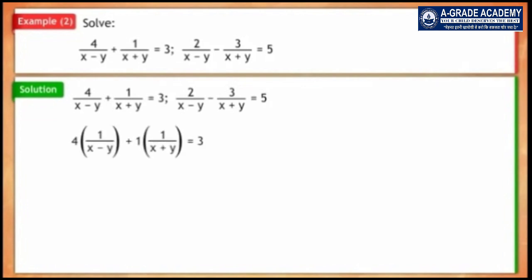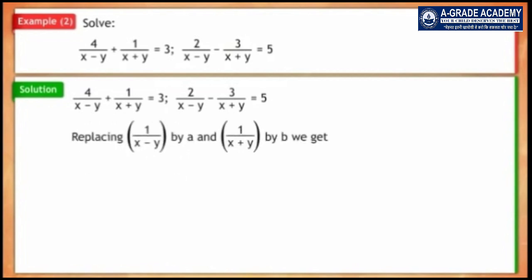4 into (1 upon x minus y) plus 1 into (1 upon x plus y) is equal to 3. This is our equation number 1. 2 into (1 upon x minus y) minus 3 into (1 upon x plus y) is equal to 5. This is our equation number 2. Replacing 1 upon x minus y by a and 1 upon x plus y by b, we get